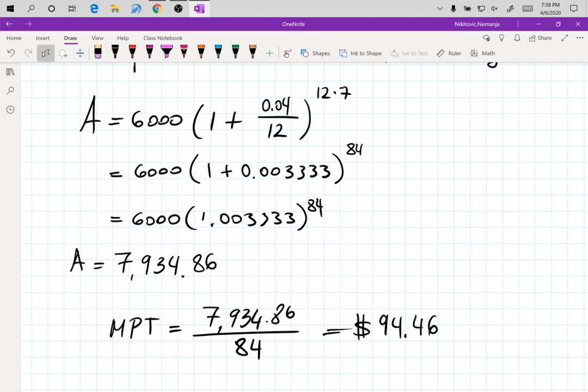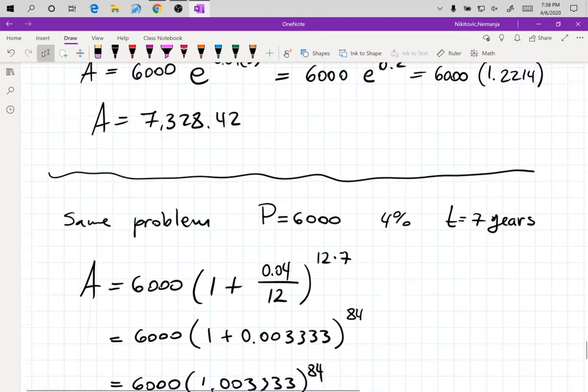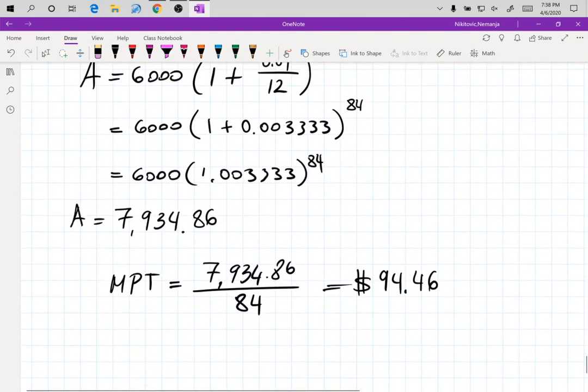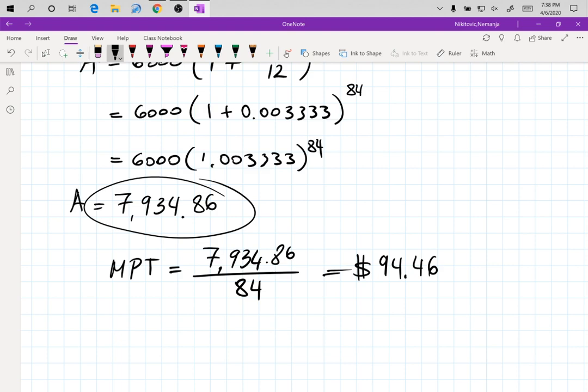And then you have the E function, right, which would compute the absolute maximum you could pay for this. Now you can also change this to 7 and see what that number would be, which would be again a few dollars more than this, but it's not going to reach 8,000, right? So, you know, you can do those